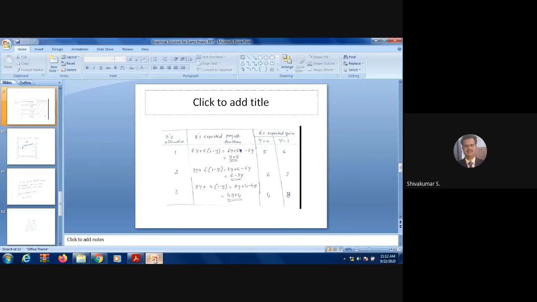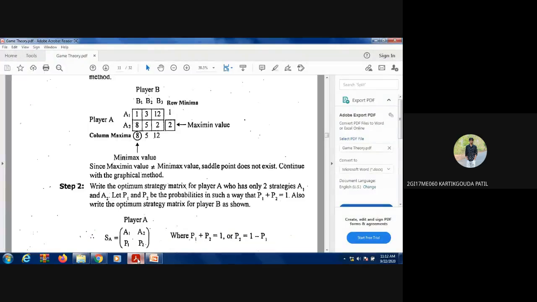Did you get the values like this? Yes, sir. One x1 plus 8